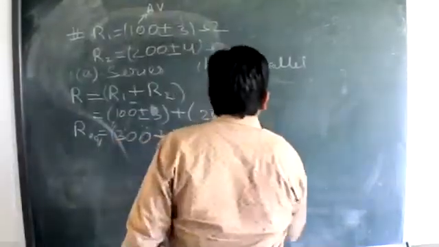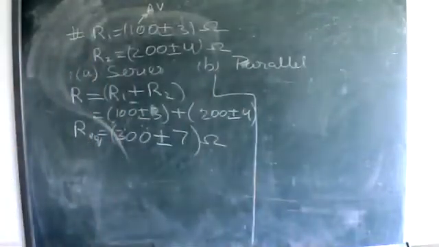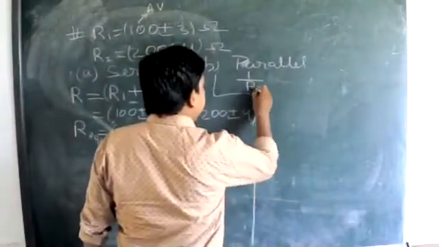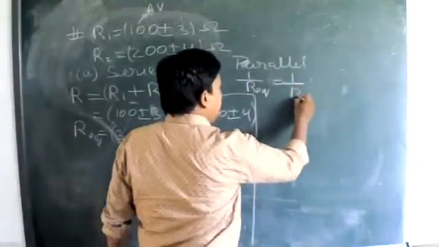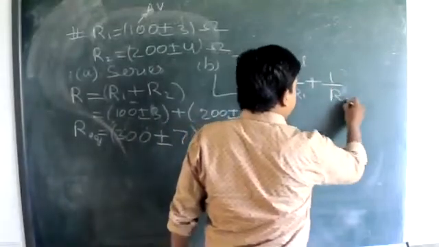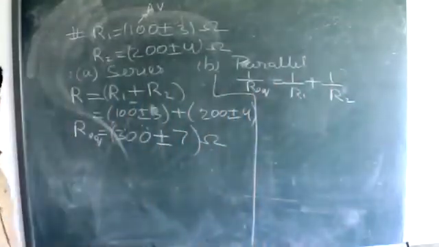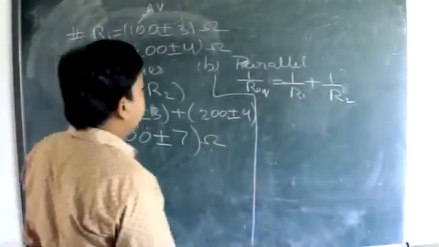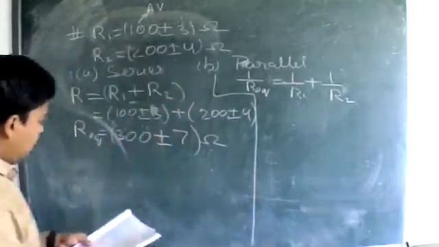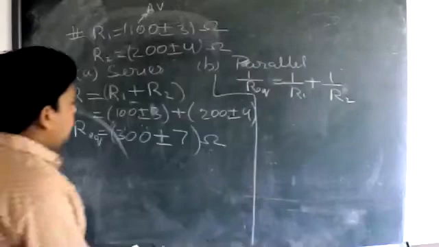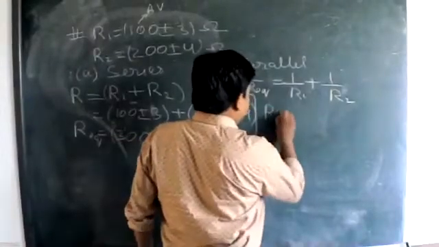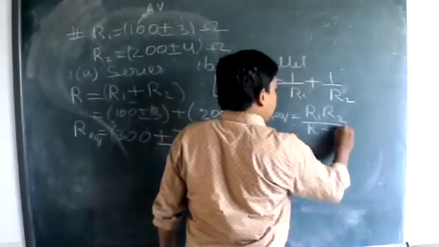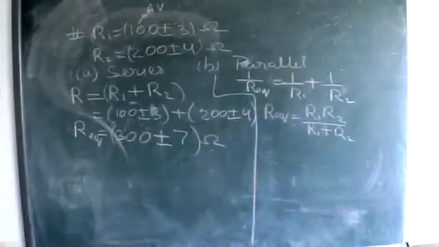Similarly for parallel combination also we can do. Okay, so for parallel combination, what is the value of equivalent resistance? 1 upon R equivalent is equal to 1 upon R1 plus 1 upon R2. This is what we know. We have studied this in high school. So R equivalent can be written here. This entire expression can also be written like this: R1 R2 upon R1 plus R2. Okay, after solving this what can we write.